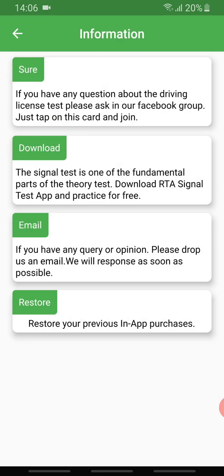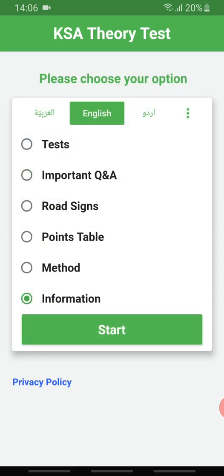So that's all. You can download it. There is a privacy policy, so I think everything is very clear. You can download it and practice your Saudi computer theory test questions, and you can learn about signs, fines, and procedure. You can join their Facebook group, and hopefully you will pass your Saudi driving license test